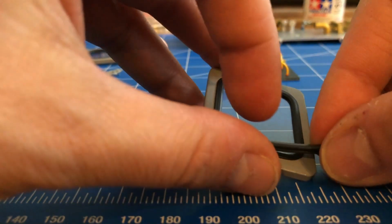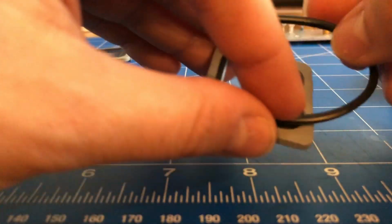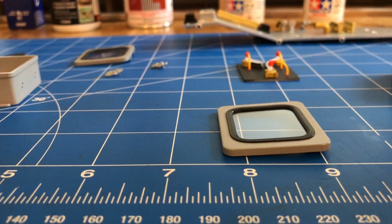So you put it in place from here below until you've got it in place in the cover. So the cover will have the rubber at one point. The next step would be to